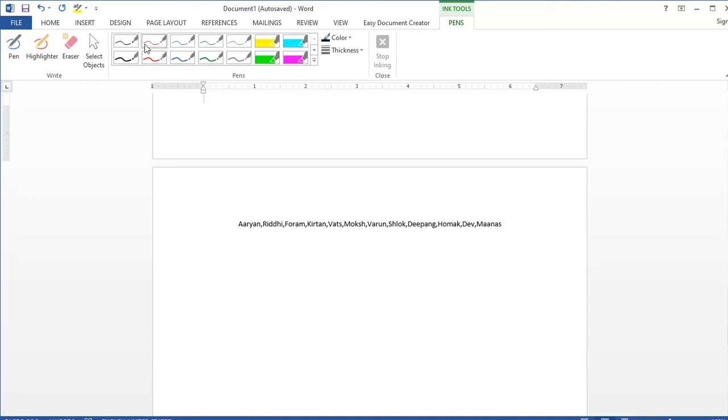So the first value is Aryan, then the second value is Riddhi, so that will be inserted here, Riddhi, and after that the third value is Forum,